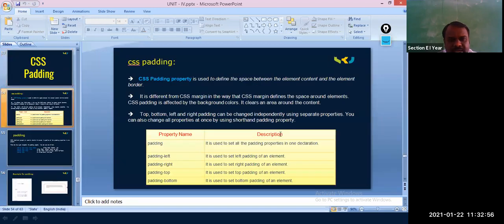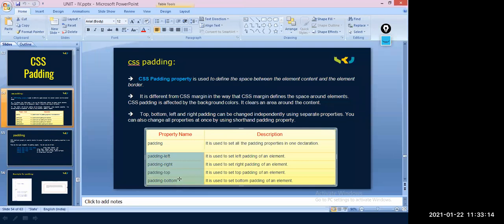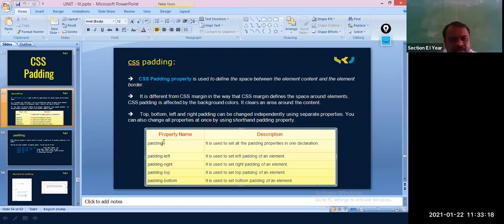And padding is also completed. Padding left, padding right, padding top, padding bottom. So why do we go for these 4? What is the purpose of these 4? Padding left, padding right, padding top, padding bottom. Space between. Yes. What is here? We have padding, but even so we are going for this one. Why? To control the overlap.